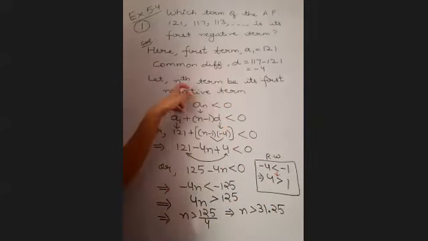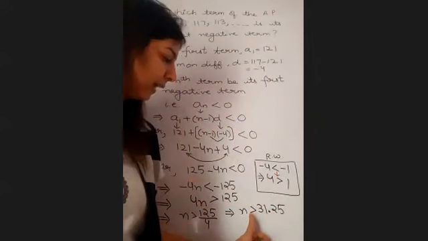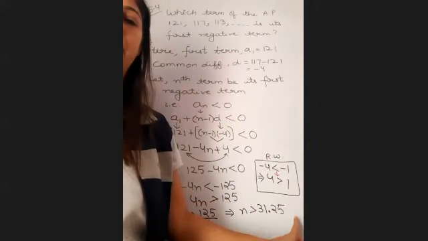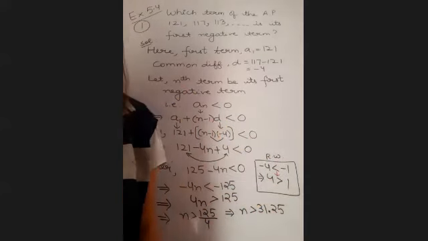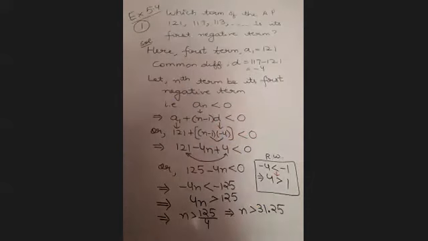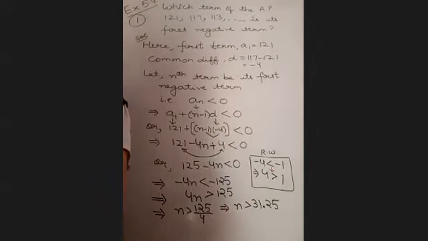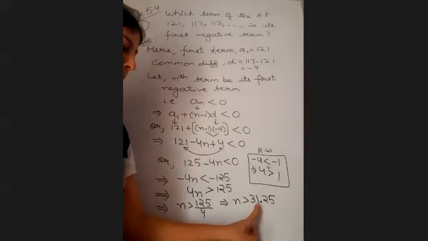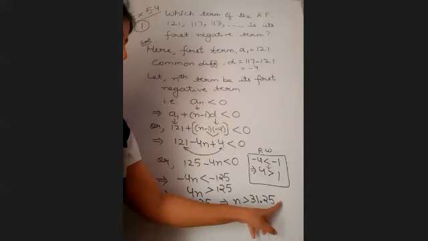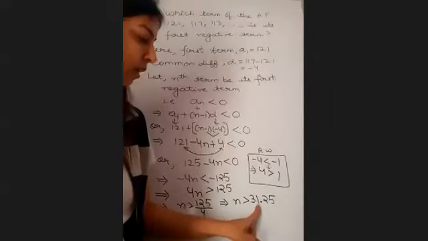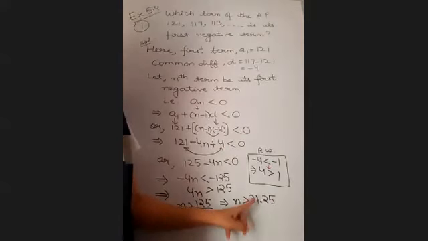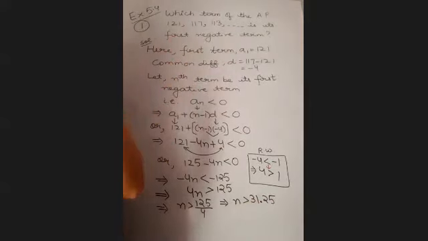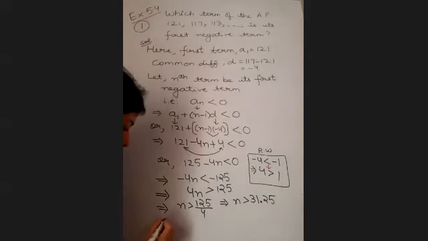The condition was that it is a first negative term, and we are getting that n has to be greater than 31.25. So that means, according to you, which is the first negative term, children? 32nd term. Yes. 32nd term will be the first negative term, because n has to be a natural number, and according to the condition, n is coming out to be greater than 31 point something. और इसका मतलब ये भी है बेटा कि 31st term will be 0. But again, 0 is a part of this AP or not, that you have to check. Are you with me? So this concludes that 32nd term